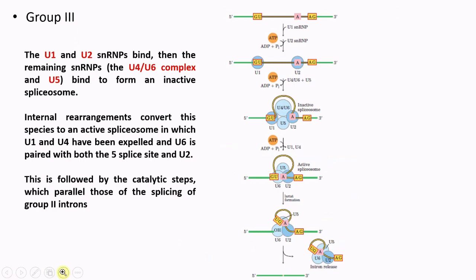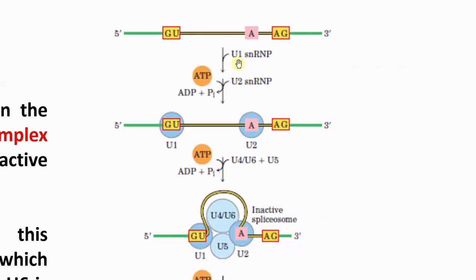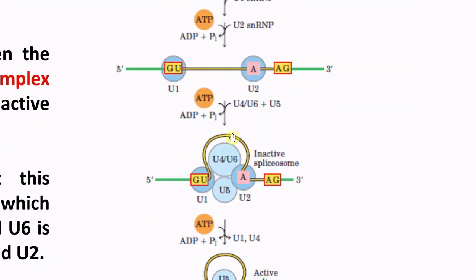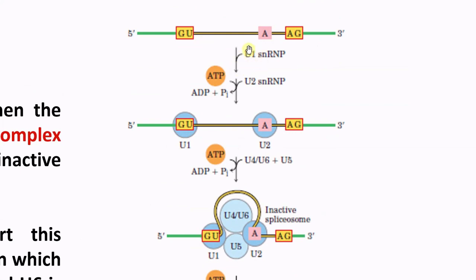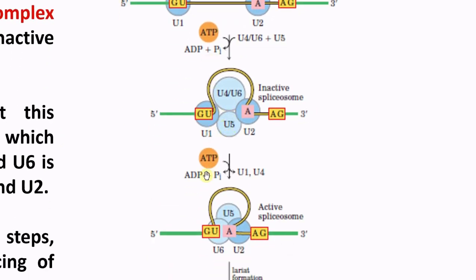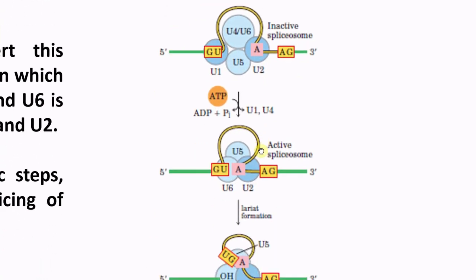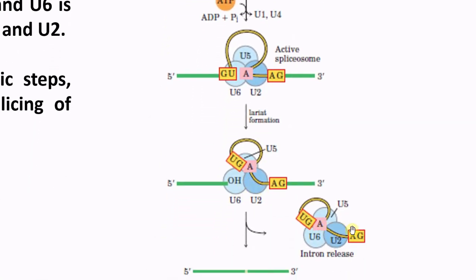So then group 3 intron. In group 3 intron, we have many different proteins involved in this splicing reaction. First, U1 snRNP and U2 snRNP bind to the 5' side and the 3' side or branch site of the intron. Then the U4 U6 complex, then U5, bind to this intron complex and make an inactive spliceosome. Then ATP is utilized and activates this spliceosome, and U1 and U4 are released. U5, U6 and U2 make an internal arrangement and thereby release the intron in the form of a lariat, and